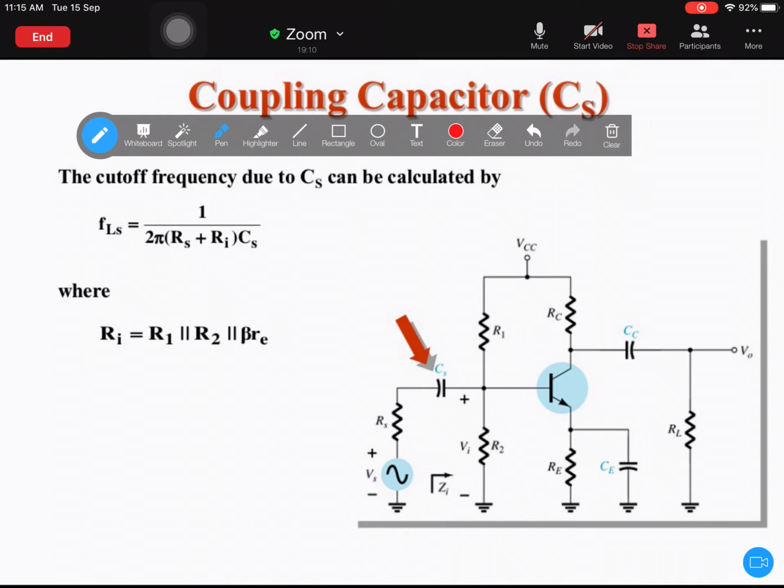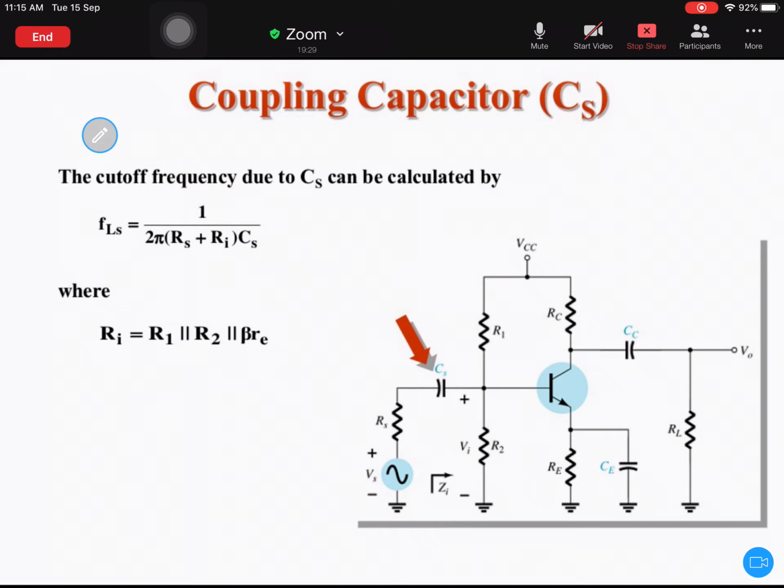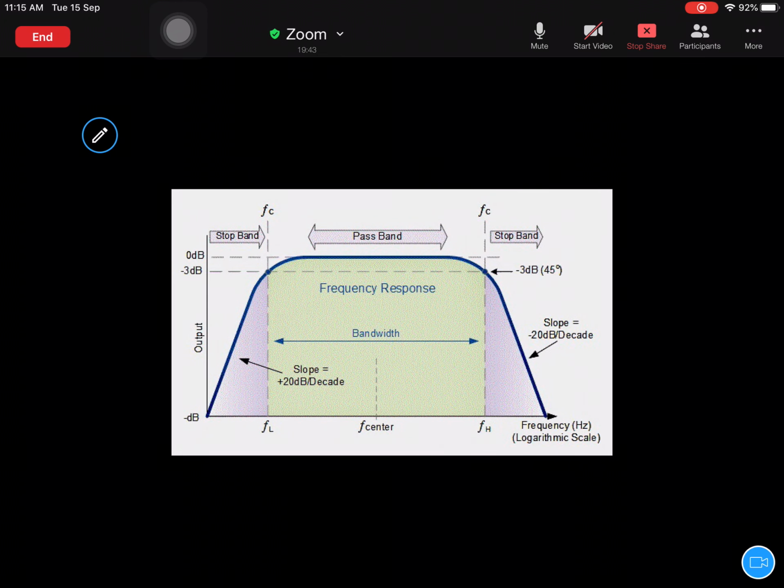And the bypass capacitor is used only to divert the current flow. If there is a large amount of current flow, some amount of charge will be stored in the bypass capacitor, so that only a small amount of current will flow through the RE resistance. The bypass is to avoid a large amount of current flow on the emitter side. It will try to send some of the current into the capacitor end. The capacitor will try to absorb some amount of current. Okay, so these are the main uses of the different types of capacitors used.